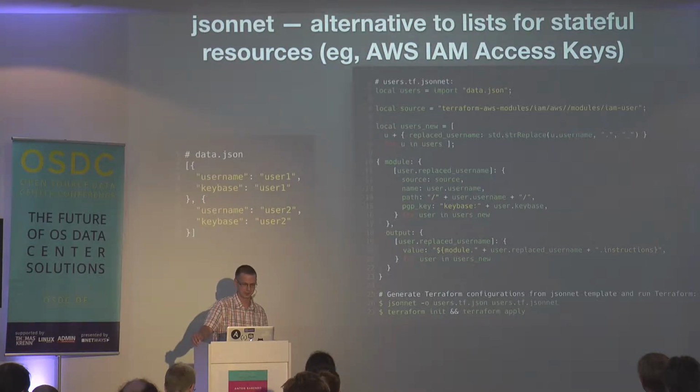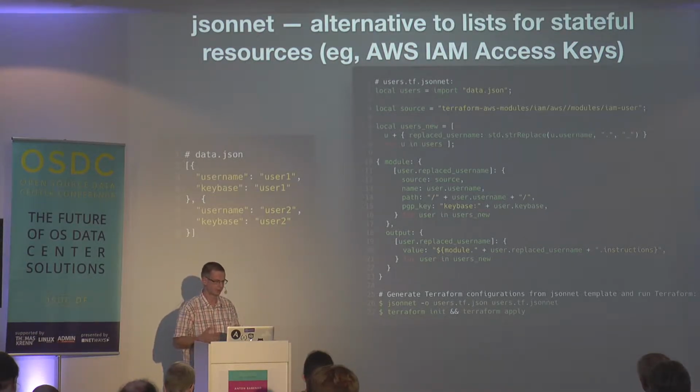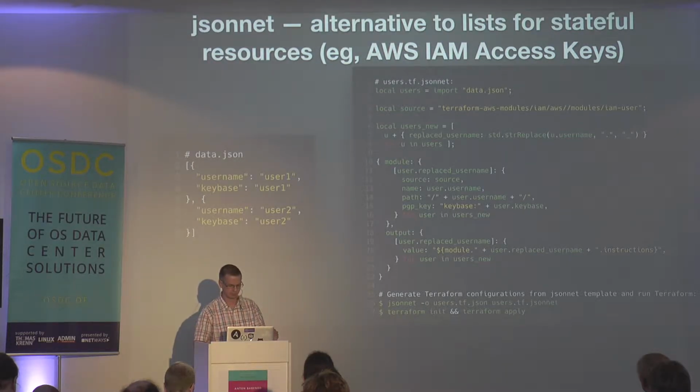So the JSONnet template is used, and it defines what kind of structure you want to have. So then when you call it, you get JSON back. And Terraform natively understands HCL, which is TF files, and JSON files. So Terraform will be able to combine this and figure out what is the difference, and it will be able to help with it.